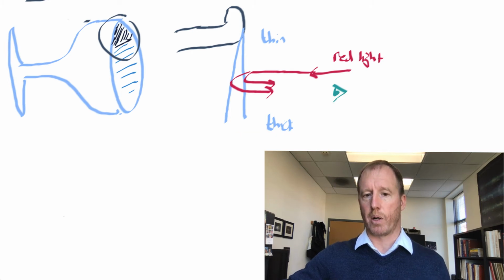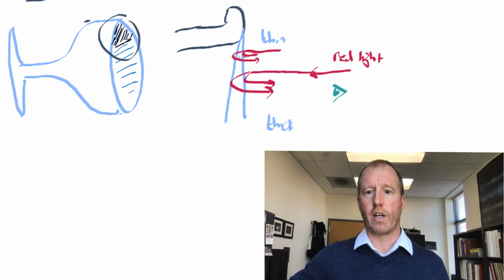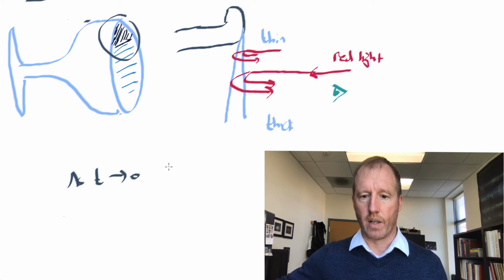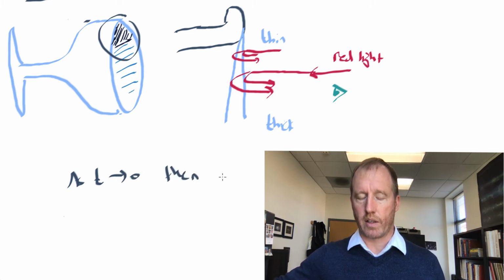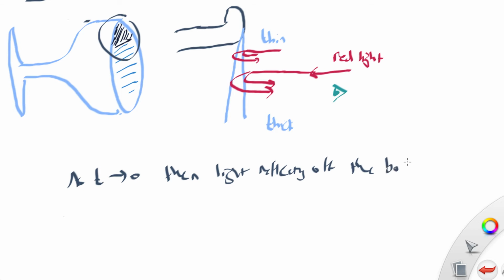So why would it appear black or very dark at the top? After all, if the light is reflecting off the top surface and the bottom surface of this, and it's very, very thin, you'd anticipate that as the thickness t goes to 0, as t approaches 0, then the light reflecting off the bottom surface, in this drawing the left surface, the bottom surface of the soap film